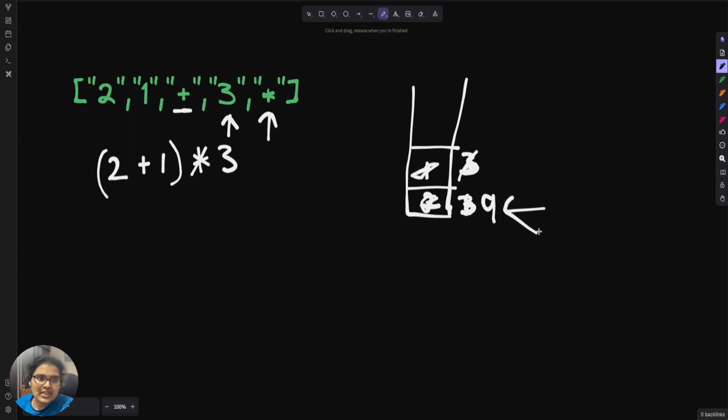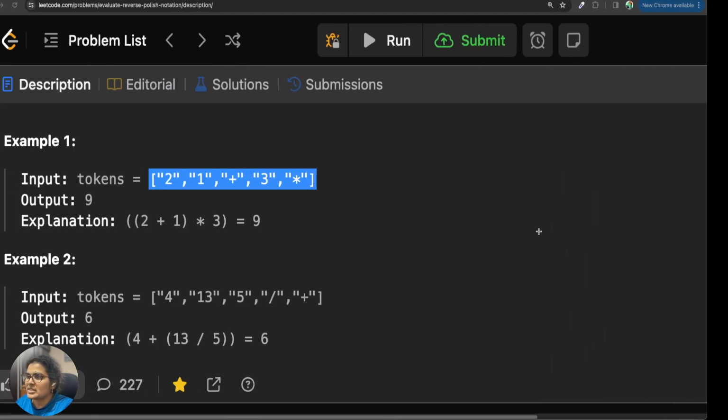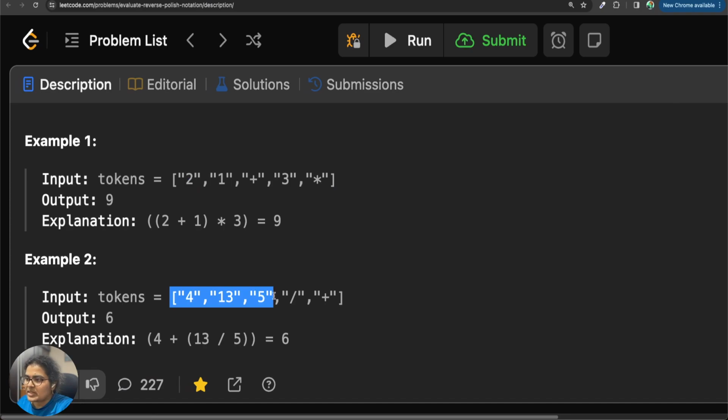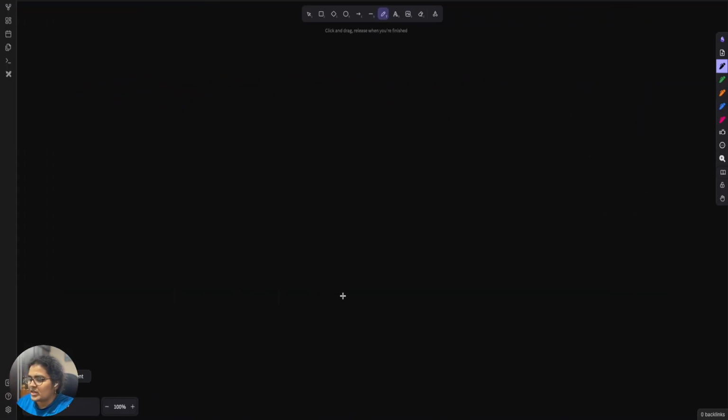So using a stack here makes it very simple. Since we have numbers and then operators, it clearly fits a stack pattern. Let's take another example. Let's say we are given these values. Now, if we follow the same stack way,